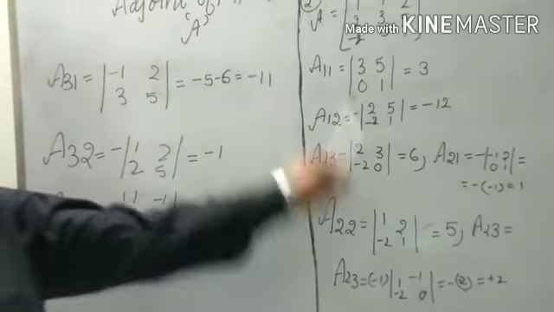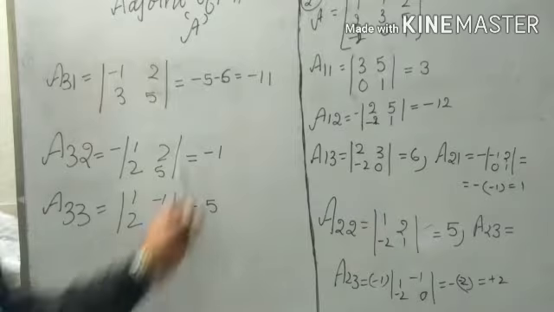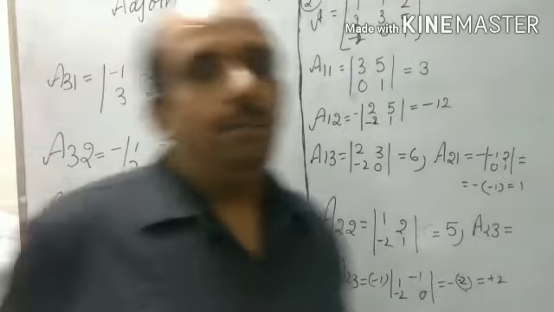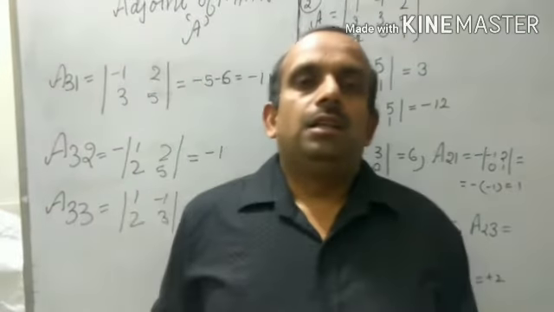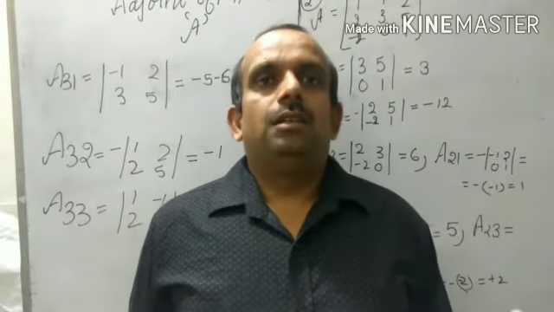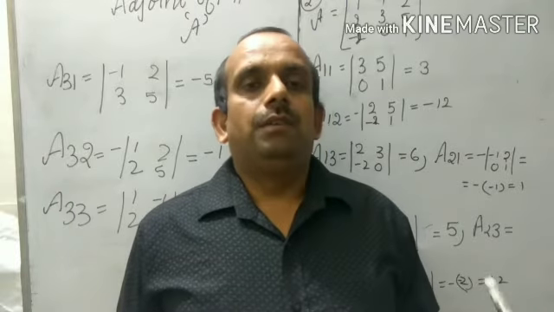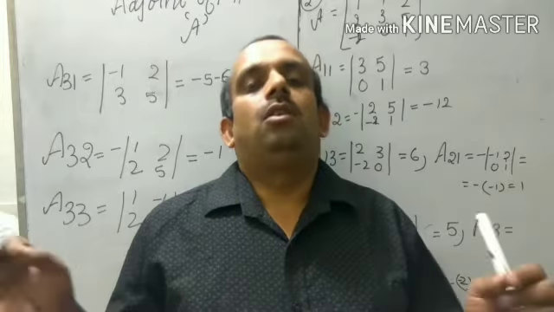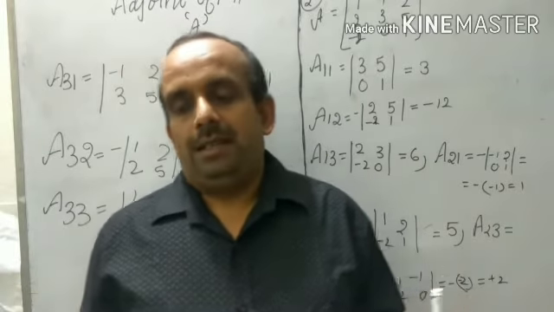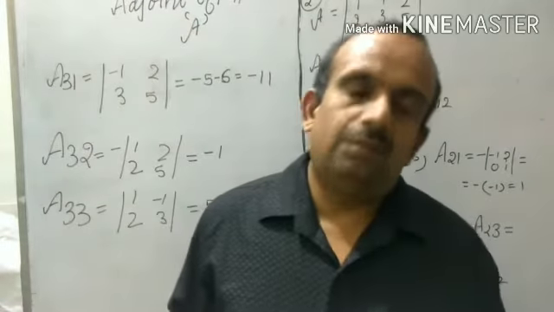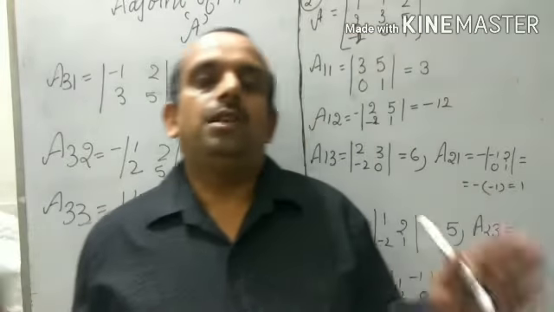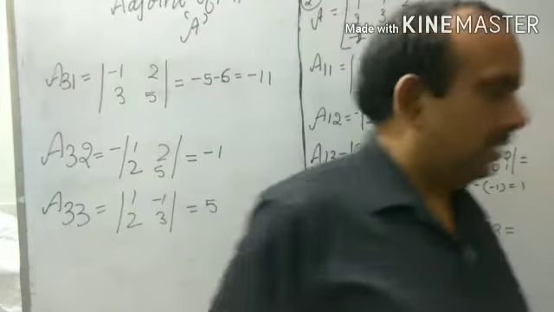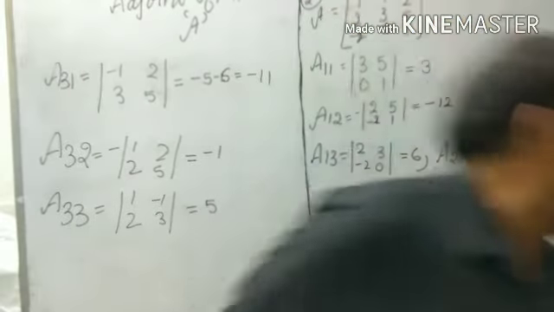These are all the 9 cofactors of the given matrix A. With the help of them, we can make a cofactor matrix, then we will take the transpose of that, and the transpose will be known as the adjoint matrix. So first, my dear students, after finding the cofactors, our first step will be to find the cofactor matrix.